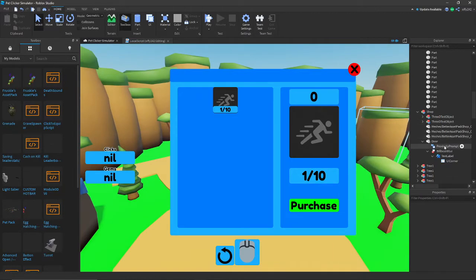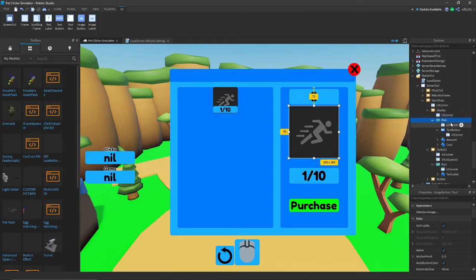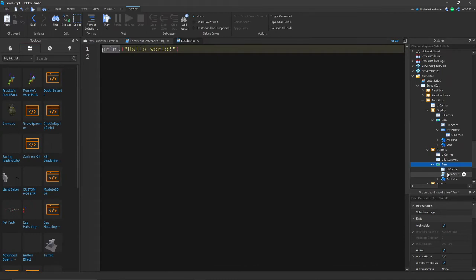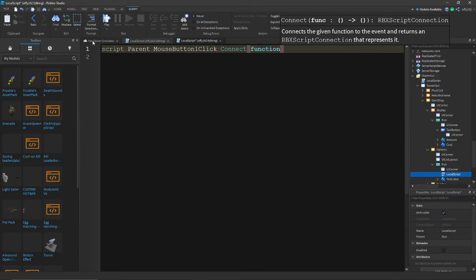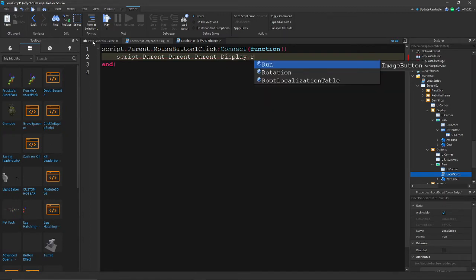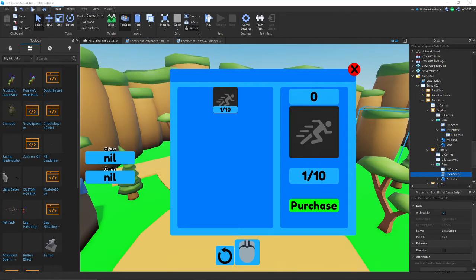And now what we want to do is inside of run, inside of the display, or actually in here, we're going to put in a local script. And in that script, we're going to do script.Parent.MouseButton1Click:Connect(function() and then script.Parent.Parent.Display.Run.Visible = true. And then once we have that done,